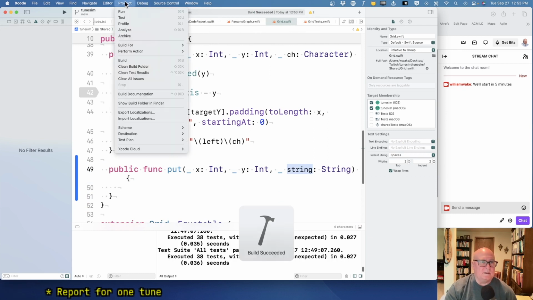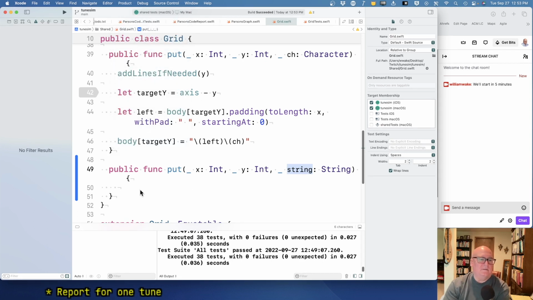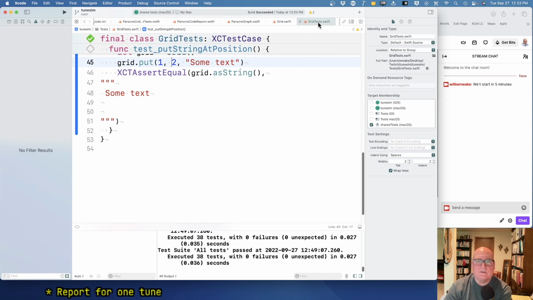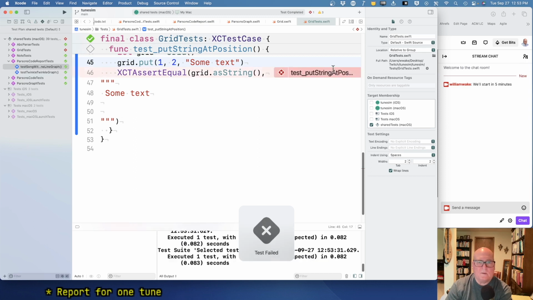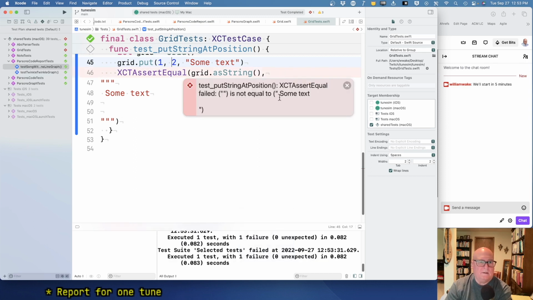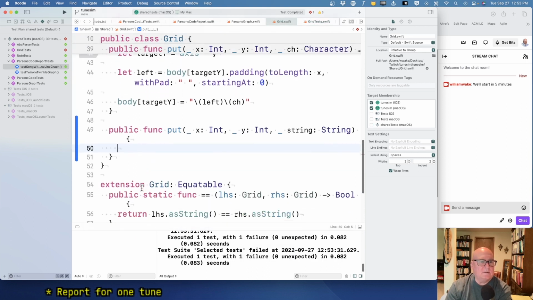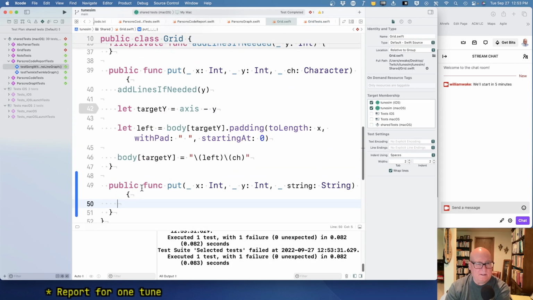I'm going to do a clean. Oh, it's okay. All right, it figured it out. All right. Grid test should fail. Okay. And we didn't do anything, so yeah. Okay. So I think what we need to do